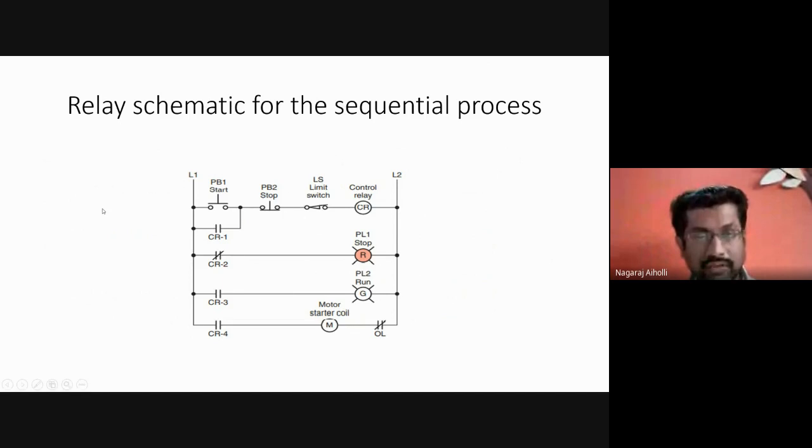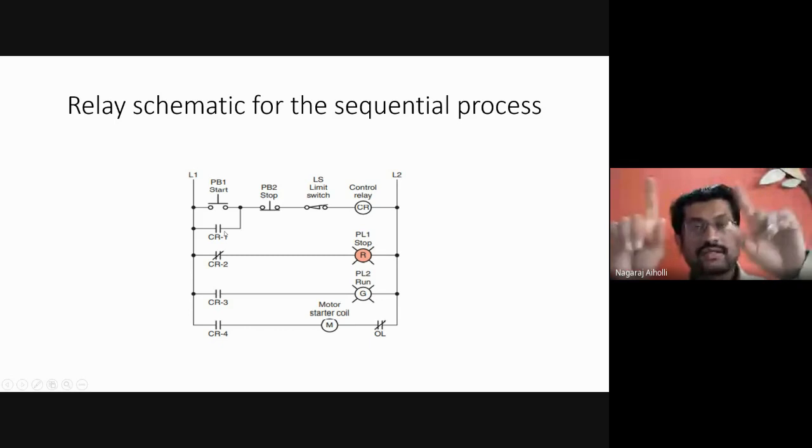If there are only two vertical lines, it is normally open. If there are two vertical lines and a cross line, then it is normally closed. Similarly, for the examine if open and examine if closed instructions, if there are two brackets, an opening and closing bracket, and a cross line, then it is examine if open. If there are just two brackets, opening bracket and closing bracket, then it is examine if closed. It is just opposite. Try to remember like this.